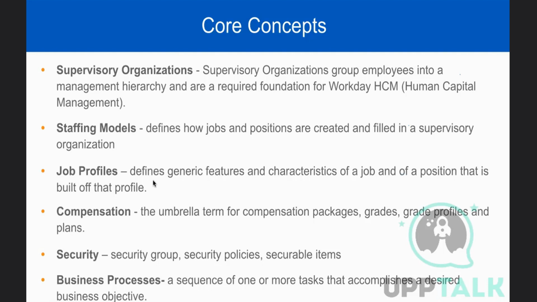What it does is it defines generic features and characteristics of a job and of a position that is built off that profile. What that means is if you're working in an organization as a business analyst, then business analyst is your job profile, as simple as that. How that job profile is created is very easy, but how it is used in multiple areas of Workday is what we'll understand through this concept. And in continuation to that, we'll start with compensation, which is a very important, very hands-on, very dynamic, very interesting topic,